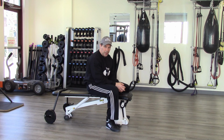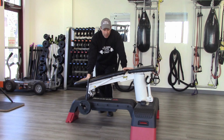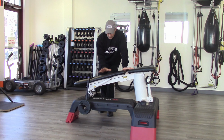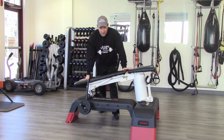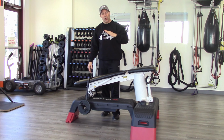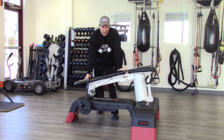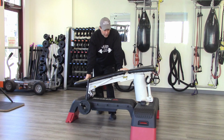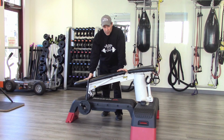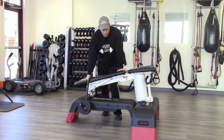Okay, now guys, I want to show you the decline tricep extension. Now the difference between this and the flat bench is that this angle intensifies even more on the tricep. So when you're in that decline position, with the way gravity's pulling down on you, you're getting just a little bit more out of it than just on the flat bench. The flat bench is great. I find that this angle is much better, and it really intensifies the tricep more than just doing the flat